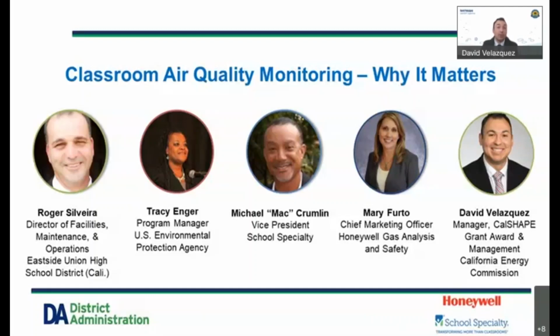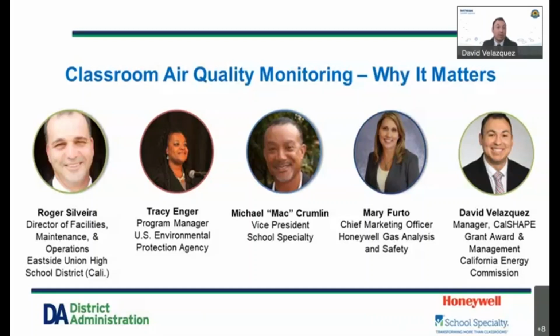We're here today as part of our efforts to get the word out that these programs are available and that all school districts in California should go to our program website to learn more about the programs and apply. The CalShape website can be found by going to the CEC's main webpage at www.energy.ca.gov and using the search tool. Entering CalShape will direct you to our program webpage. There, you can find relevant information, eligibility requirements, our program guidelines, and a link to the CalShape online system.